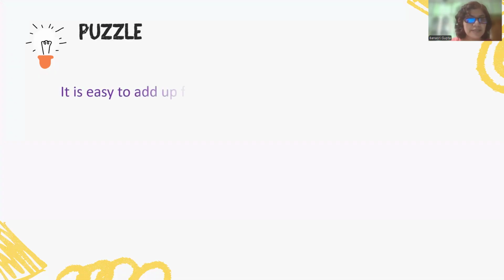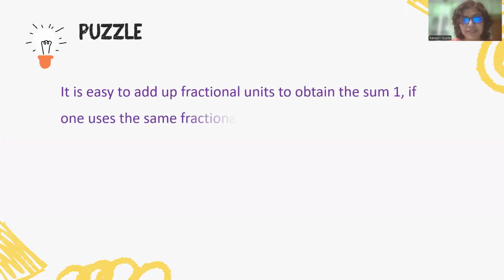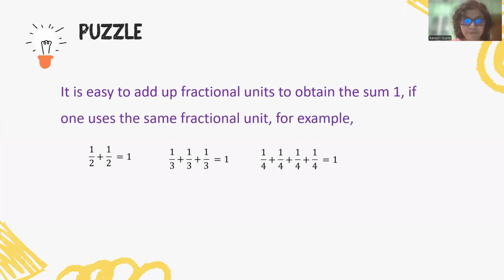Today's puzzle is: it is easy to add up fractional units to obtain the sum 1 if one uses the same fractional unit. For example, half plus half is equal to 1. 1 by 3, if we add 3 times, we get 1. 1 by 4, if we add 4 times, we get 1. This is a simple